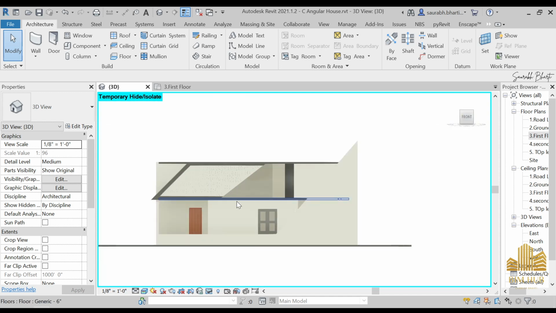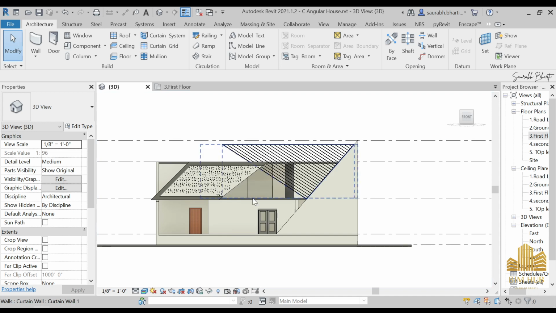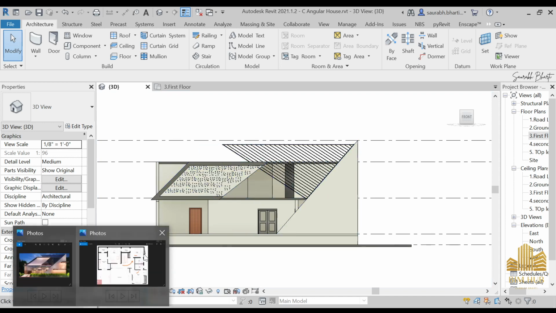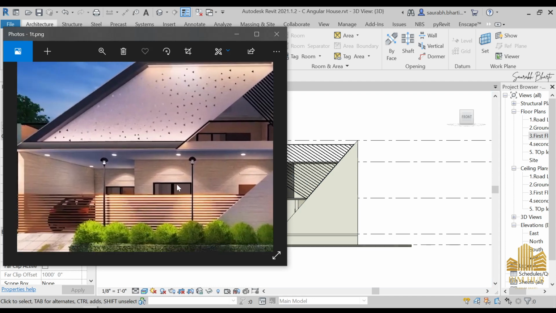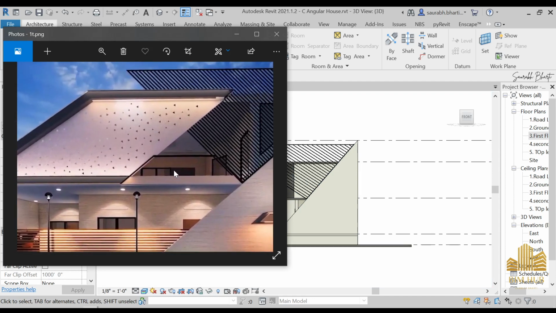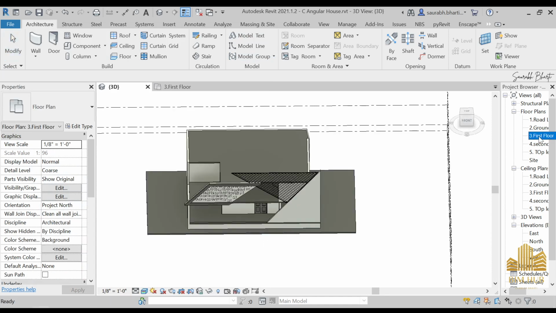Go to the realistic view, and this is how it looks. And there's one more thing, that is HR, and now we have it. So we have just made this front portion overall. After this we have to provide the color of it, so we will do that afterwards. And then we have to give a door in the middle of it, so go to the first floor once again,